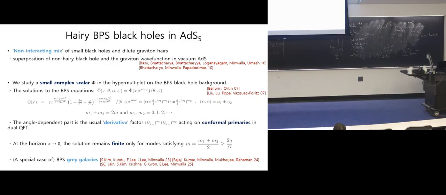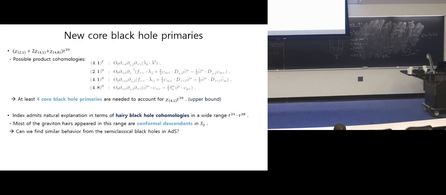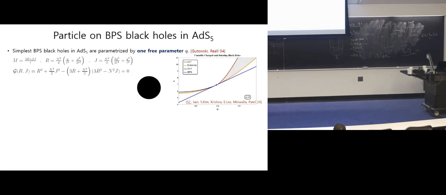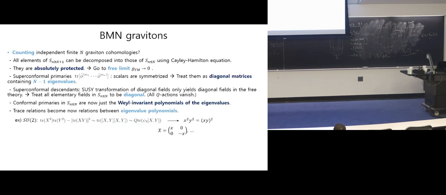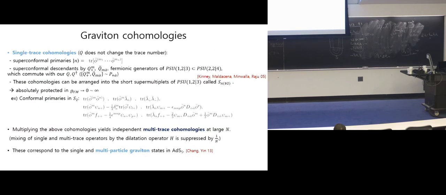A related question is: do you know what is the operator which couples to that scalar? It's a specific one. I mean, they are just conformal descendants of this phi m, or, since we are at large N, they are the conformal descendants of these superconformal primaries. Okay, trace X to some power or something. Okay, thank you.